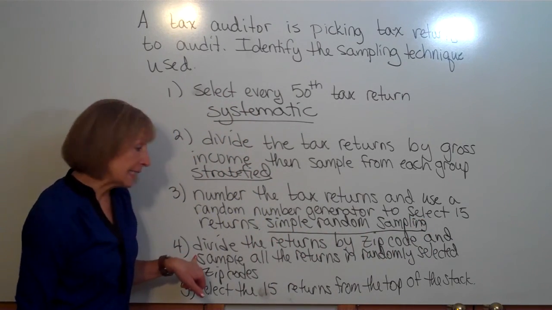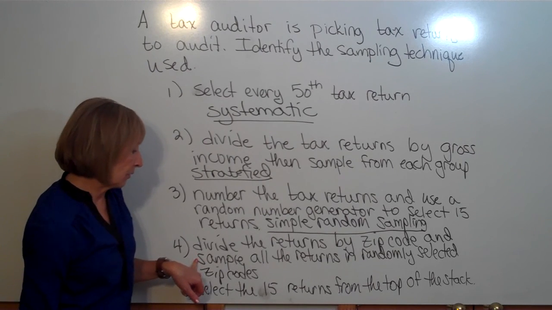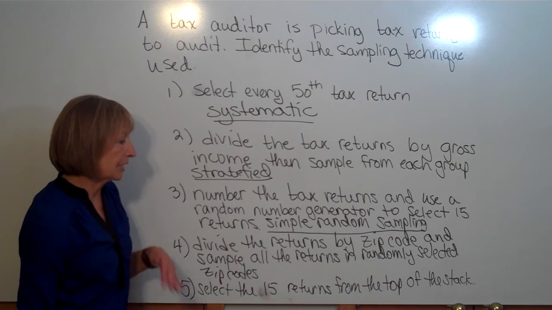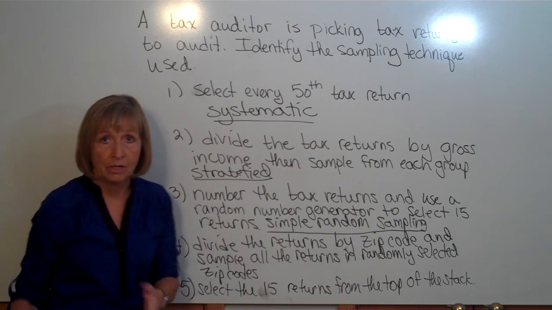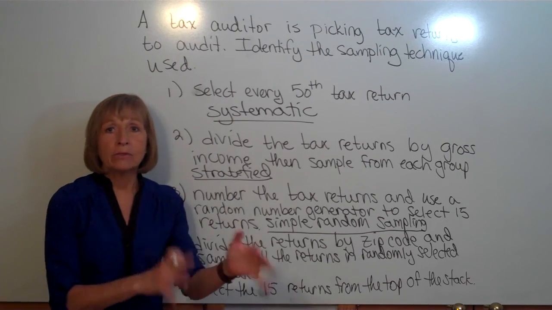For number 4, it says divide the returns by zip code and sample all the returns in randomly selected zip codes. So I've made my piles of my